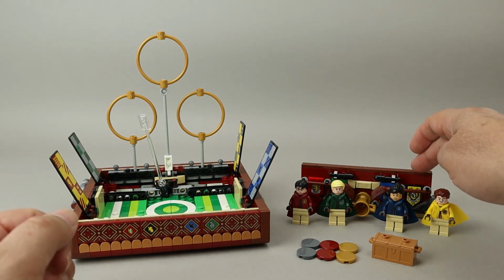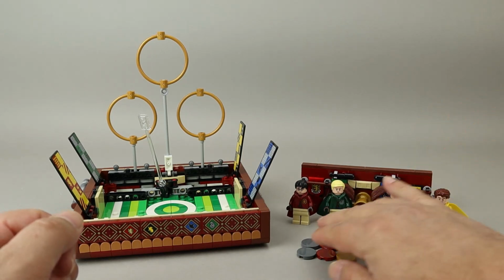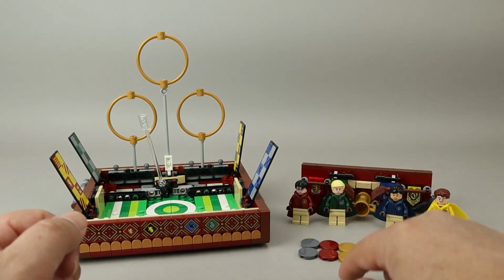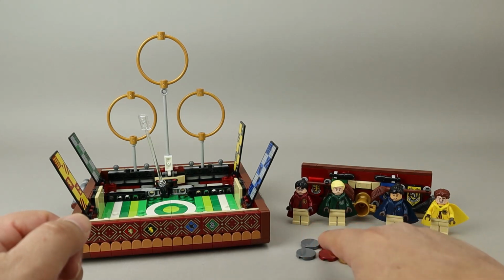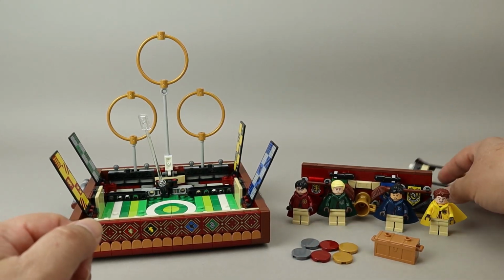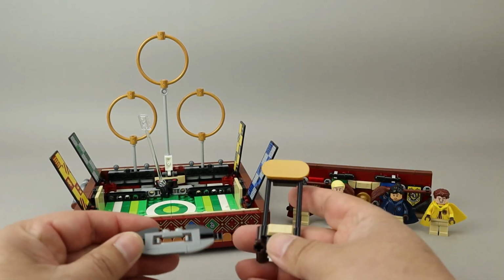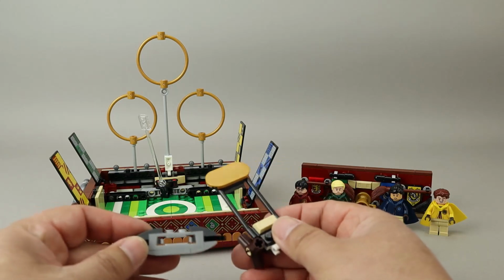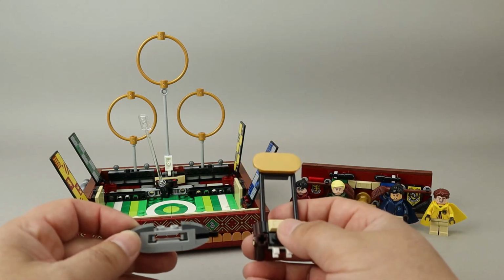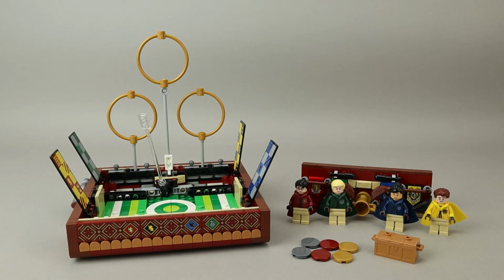And then we have this Quidditch display rack back here, a chest, and some different tiles to represent bludgers, quaffles, and the snitch, as well as a couple of different accessories for playing different games. I'll show you what those look like in just a few moments. But let's first concentrate on this little